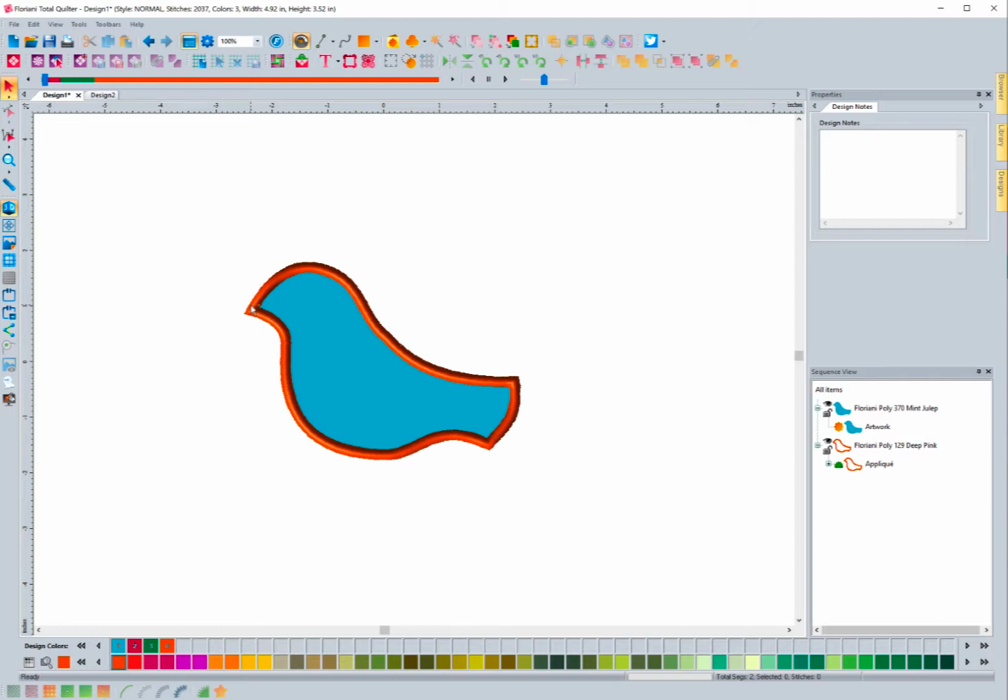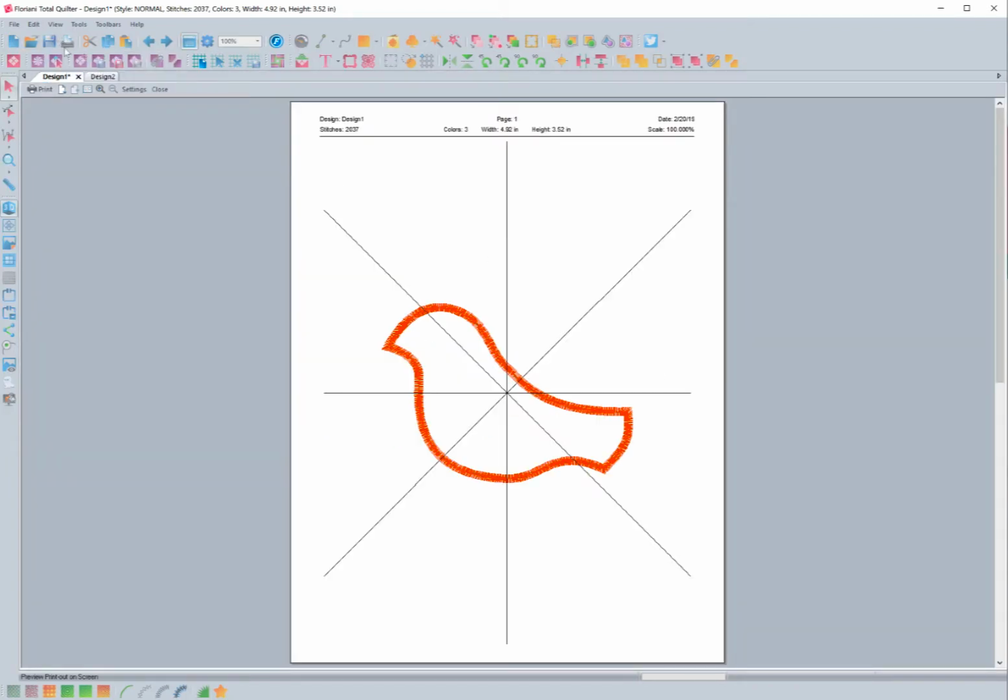And so with this feature, we have added notes in here, and you can see right here, this is an applique, and you'll see the stop sign. That's actually one of the notes that's in between the placement stitch and the tack down, and then another note that's between the tack down and the border stitch. You can't read it all the way here, but it's a visual to let you know that, hey, there's a note in this. And when you go up to print preview, I just clicked on the print preview icon,